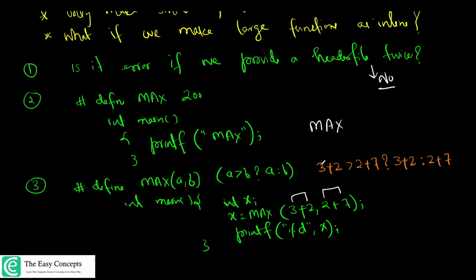Otherwise, this is the right answer. But one thing you can see here is this is not greater than this, right? So if it is less than this, it means this condition is false. And in that case, this should be the answer, which should be assigned to x. And hence the answer should be 9. Okay. So these problems are solved now. Now let's take one more example.